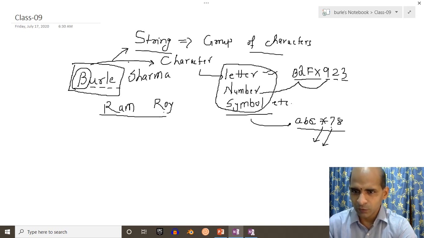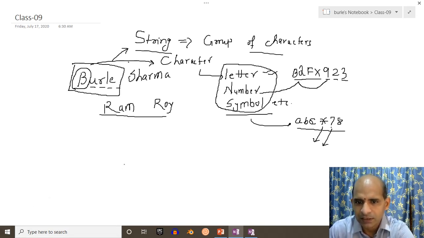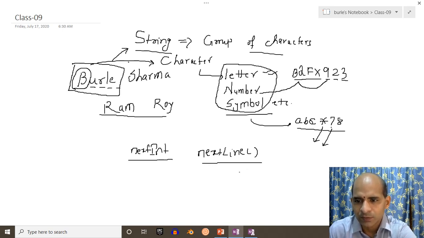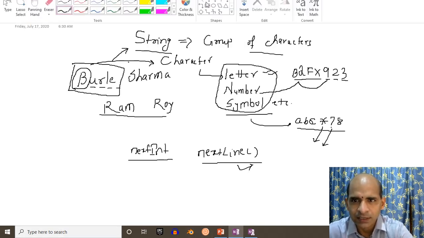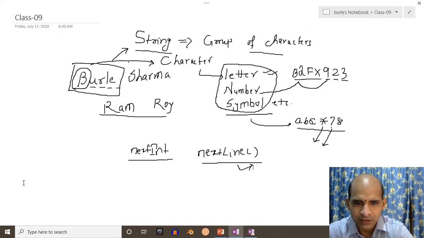Now if you want to accept an integer, then in the case of the Scanner class we use nextInt. If we want to accept a name or a string, then we have to go for nextLine, right? Before moving on to that, let us first discuss how to create a string variable and then how to assign the value to it, and only then will we know how to get the values from the user. On the basis of that, let me write the question. The question is like this: